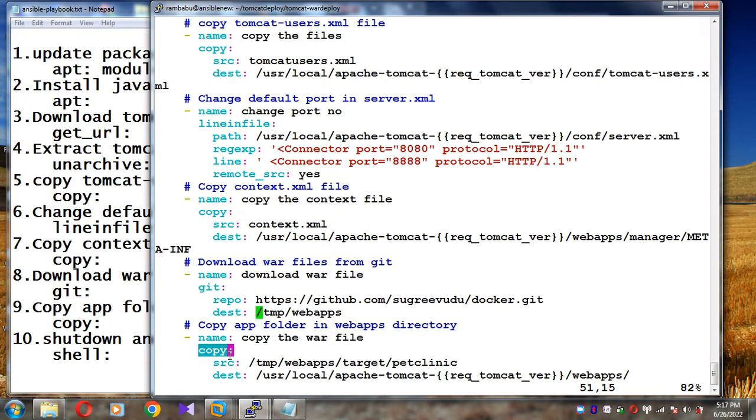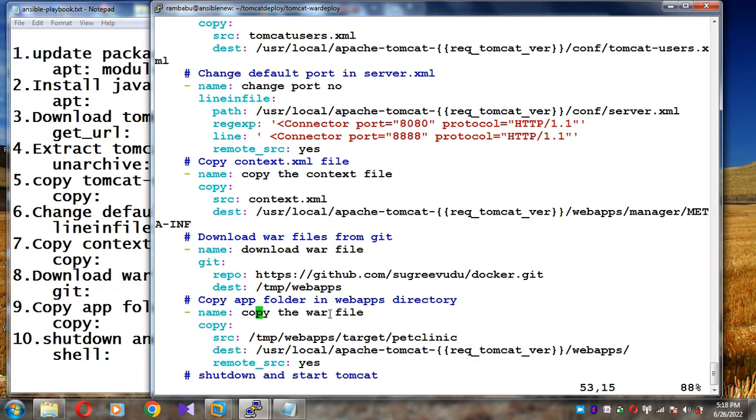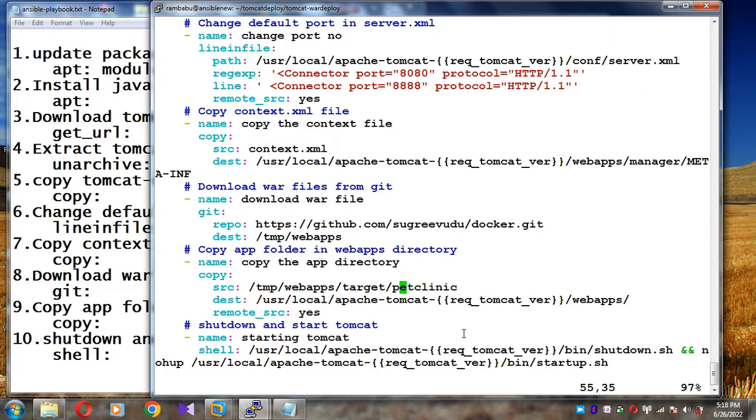Copy it to a temp directory. From the temp directory, copy the petclinic folder to /usr/local/apache-tomcat, the required Tomcat version's webapps folder. Copy the app directory from temp to the default webapps folder. This is also remote src. Finally, we can start, stop and restart the